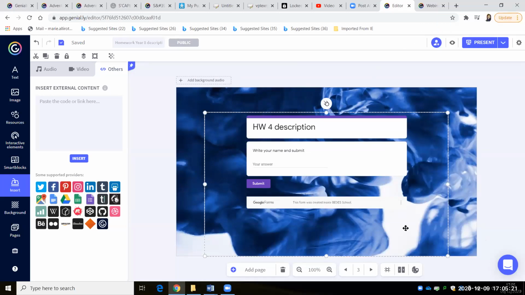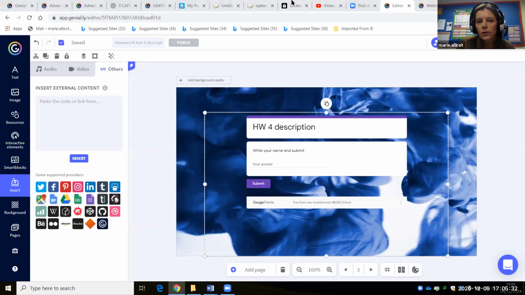Fantastic. So would you recommend asking those sorts of questions in the Facebook groups that you've mentioned already? For example, how do you insert a Google form, or how did you work this out? Did you just work it out yourself? I worked it out. I just Googled it and followed the instructions. It's quite simple, but I can't remember exactly how to do it. I think you have to click on share or something. I'm not sure.